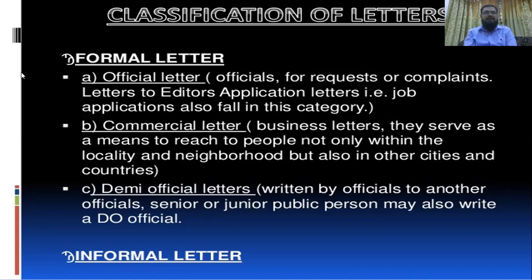Next is demi-official letters, written by officials to other officials, senior or junior. A public person may also write a demi-official letter. So this is a formal letter. These are the kinds. And the informal letters, on the other hand,